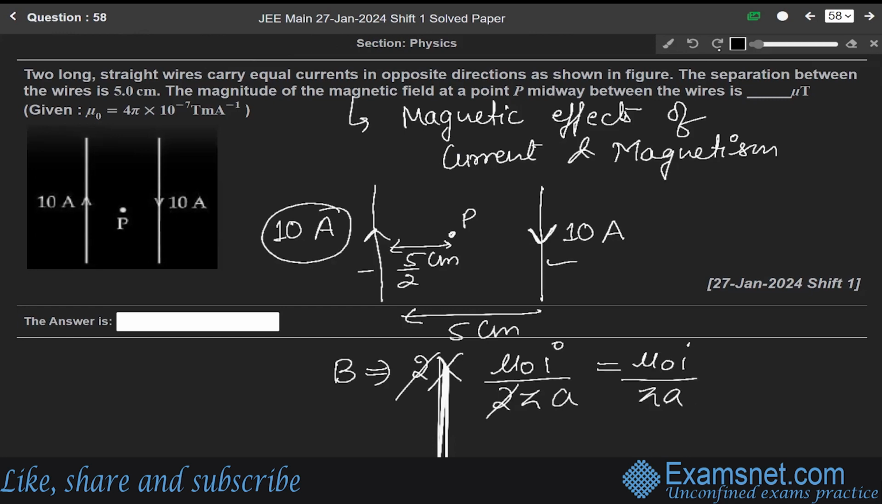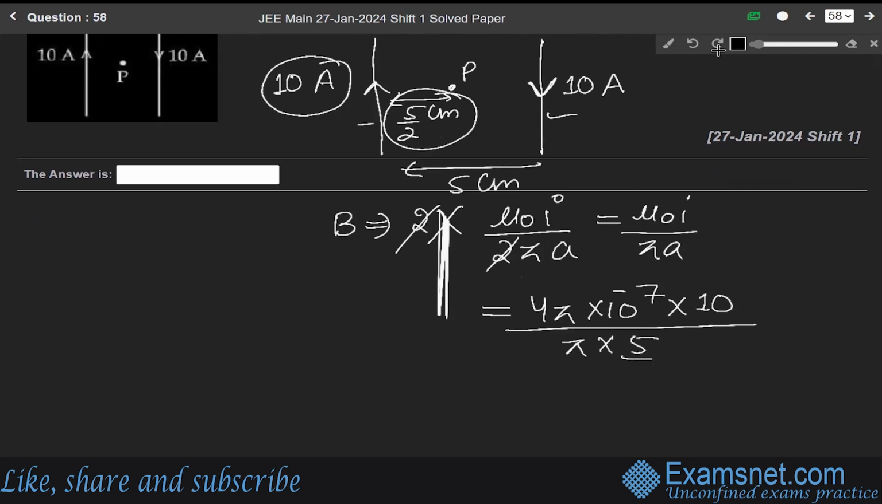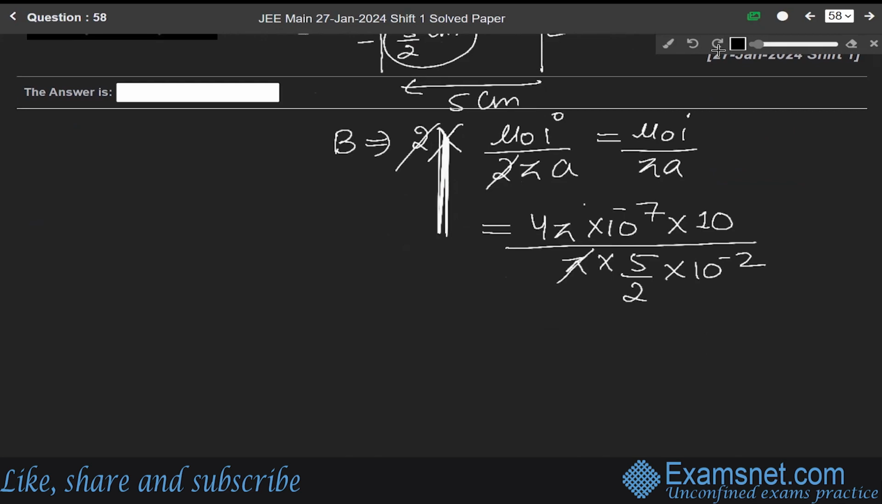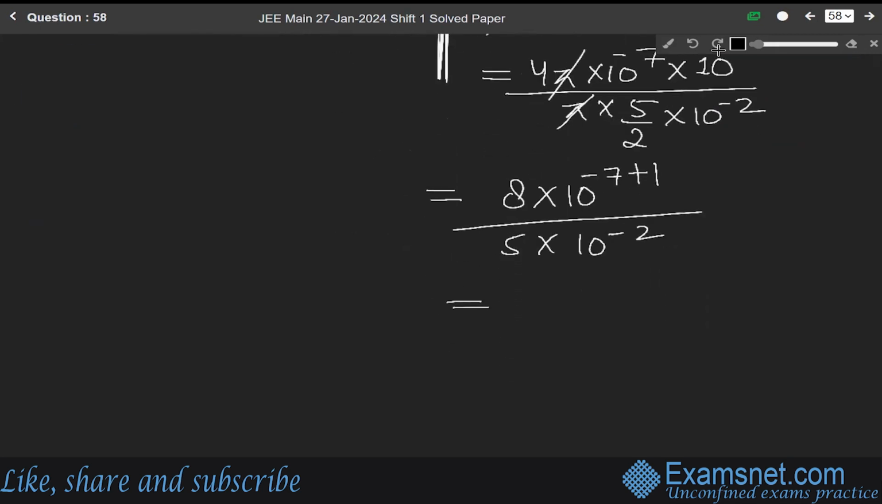Mu naught is 4 pi into 10 to the power minus 7. I is 10 ampere, over pi into a. a is this distance, 5 by 2 centimeter, which means 5 by 2 into 10 to the power minus 2. Now solving it, pi cancels out each other. This will be 4 into 2, 8 into 10 to the power minus 7 plus 1, over 5 into 10 to the power minus 2. Now solving it, we get